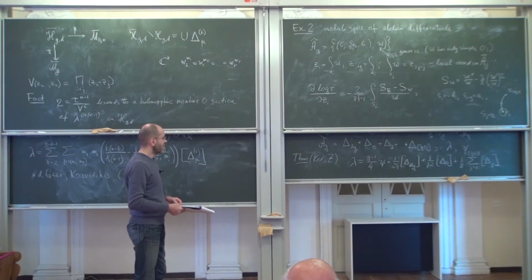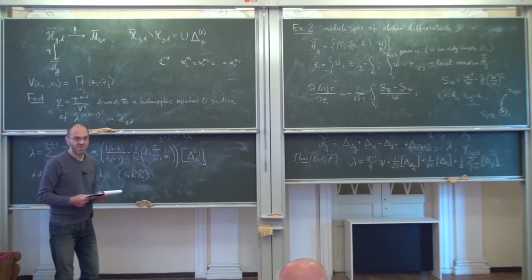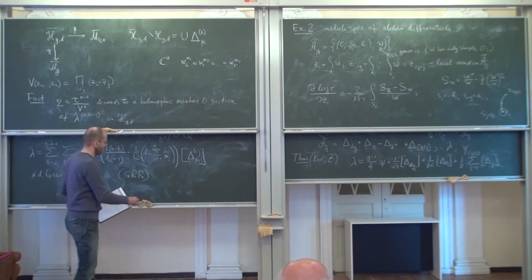So what are other applications? We also wrote analogs of this formula with Korotkin for the case of quadratic differentials, for the moduli space of quadratic differentials. And quite recently, Mikhail Basok,